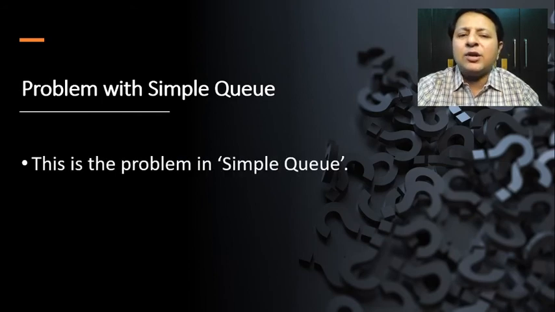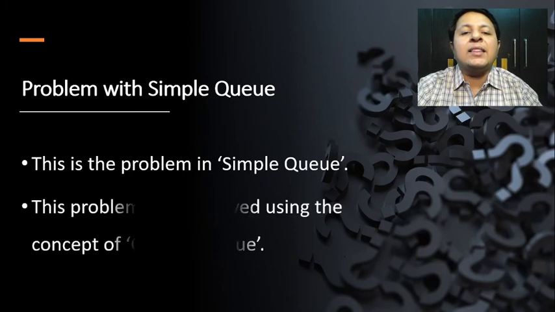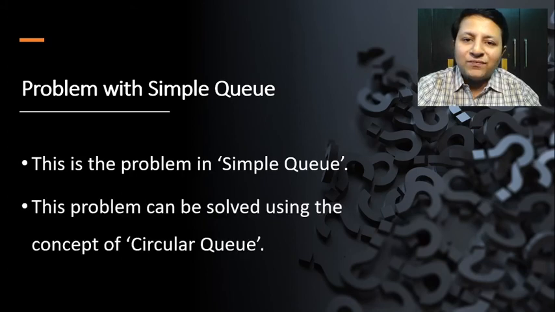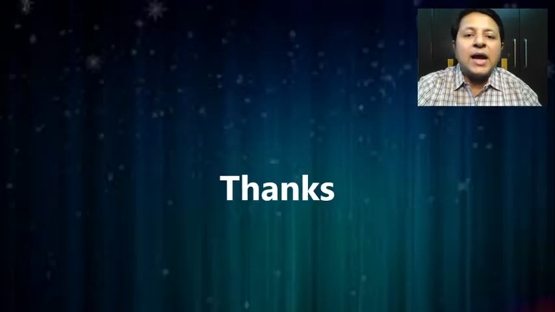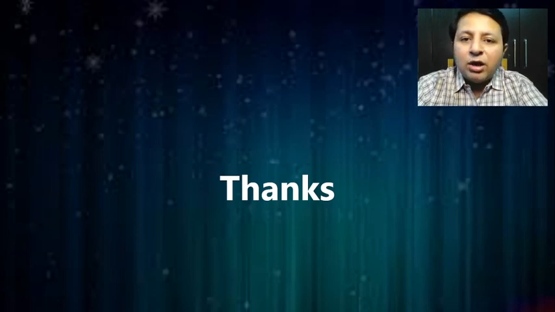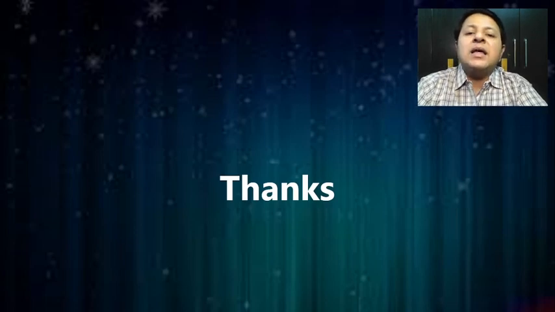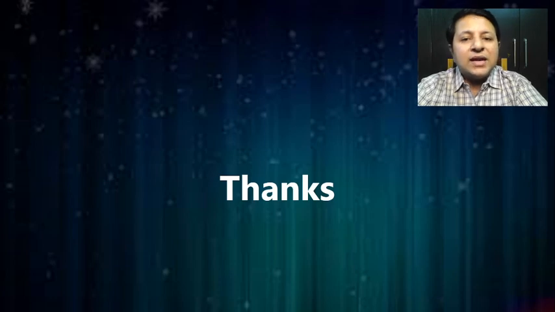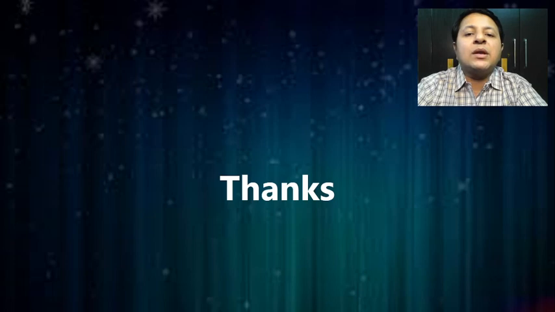Fine, there are maybe a variety of solutions, but the most efficient one happens to be joining your front end with the rear end, and that can be considered as a circular queue. So one of the best solutions to this problem of simple queue is converting it to a circular queue. Fine, so as far as this video is concerned, I hope all of you understood the working of simple queue as well as the problem in simple queue. At the end of the discussion we stated that the problem can be solved in circular queue.